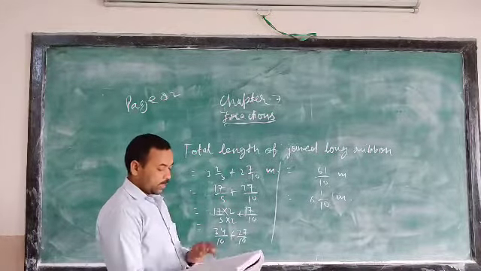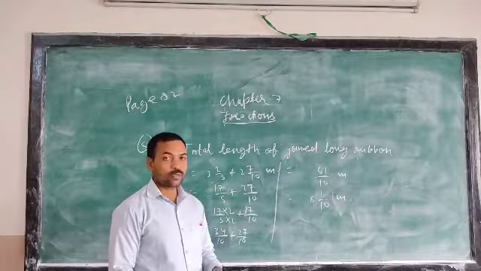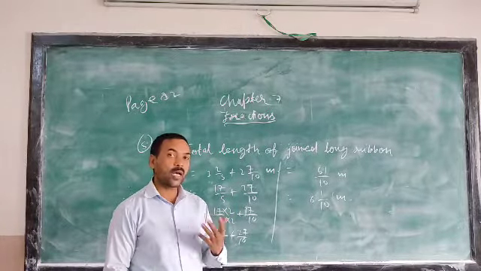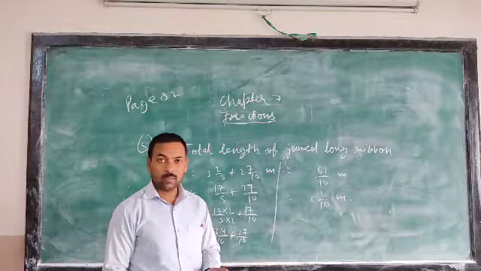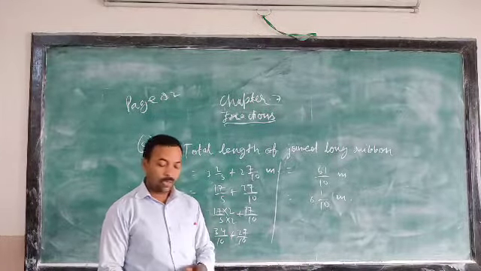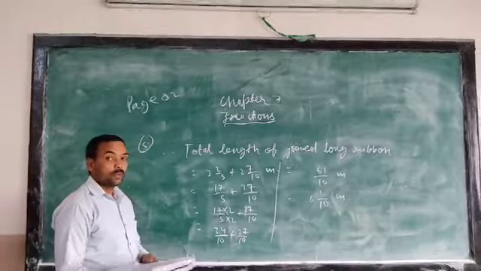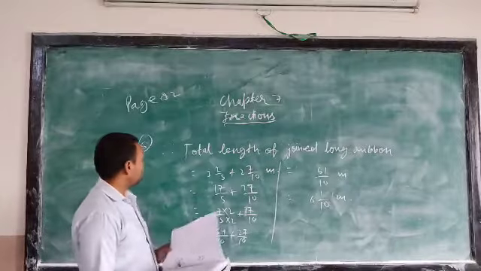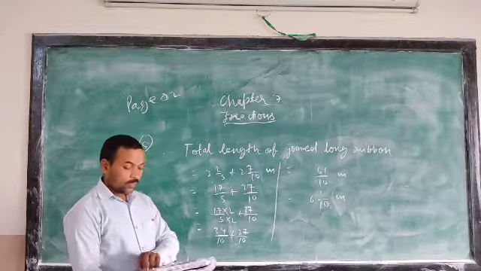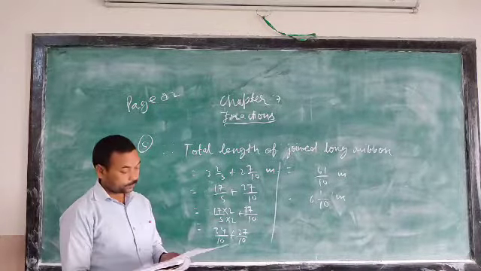And after the addition, the process of subtraction is just like the process of addition. Before subtracting, you should check whether the fractions are like or unlike. If they are like, then you keep the same denominator and subtract only the numerators. And if fractions are unlike, then first you convert them into like fractions and after that subtract. So answer number 83 you can do yourself.